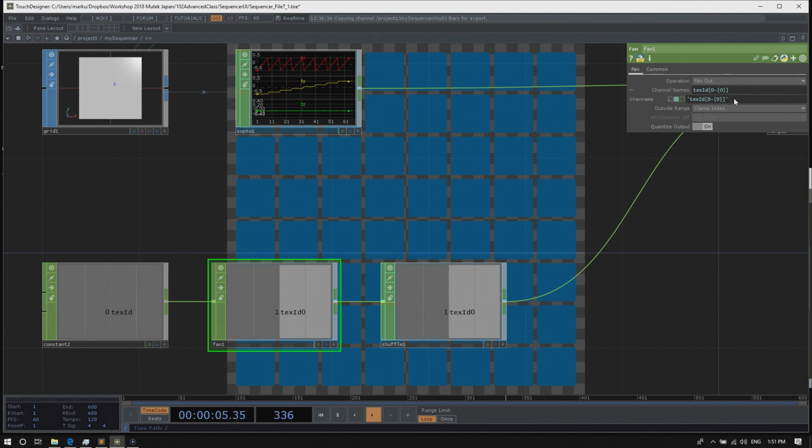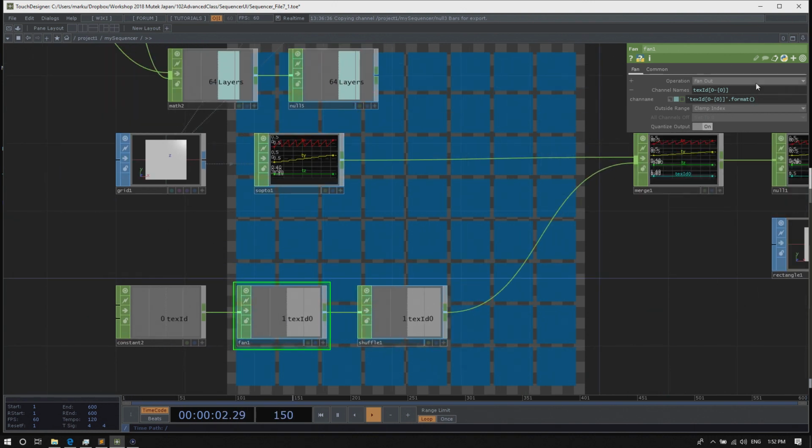After this string, I'm going to type dot format, open parenthesis, close parenthesis. And inside this format, I'm going to type in a reference to this number here, to the null5 layers channel.